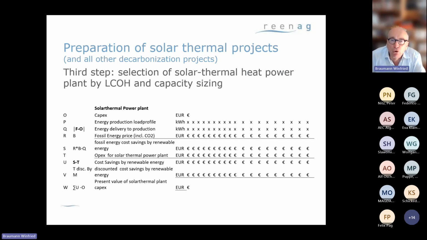We have, of course, with this additional step covered, or in most cases it will only be possible to cover, a part of the demand of the production line. Again, because the production load profile will not be met by the generation load profile of the power plant. There is, of course, a trade-off between profitability and full